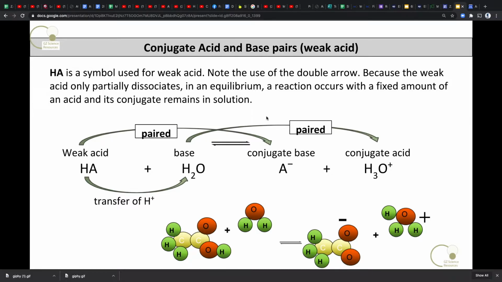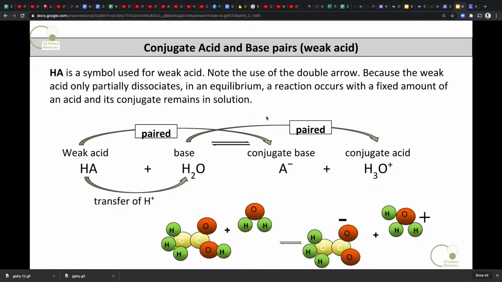This should be familiar for most of us from level 2. The idea that these pairs differ by a single proton because one has donated it. And we can see that the arrows show the pair. In this unit, we're going to become familiar with the general formula HA representing the formula for a weak acid. H stands for that proton that the weak acid is potentially able to donate because it partially dissociates, and the A stands for the rest of the acid's formula. After it potentially dissociates and releases some of those H ions, its conjugate base is represented by the